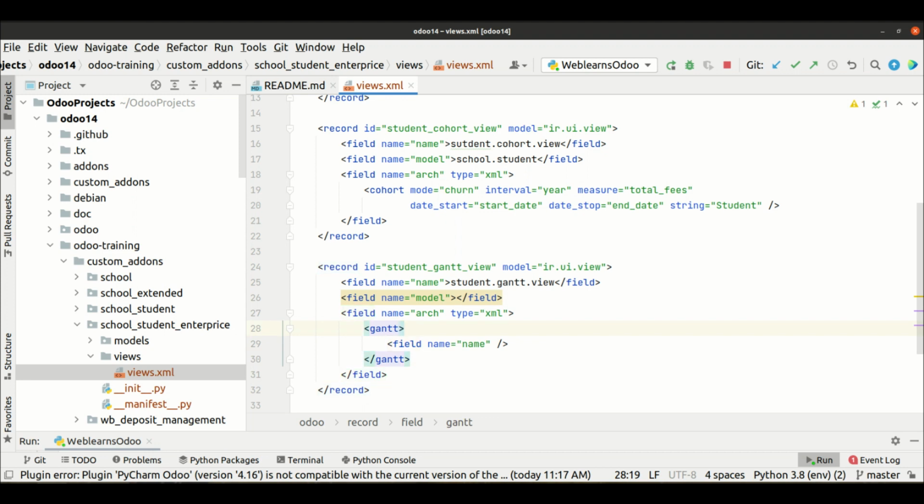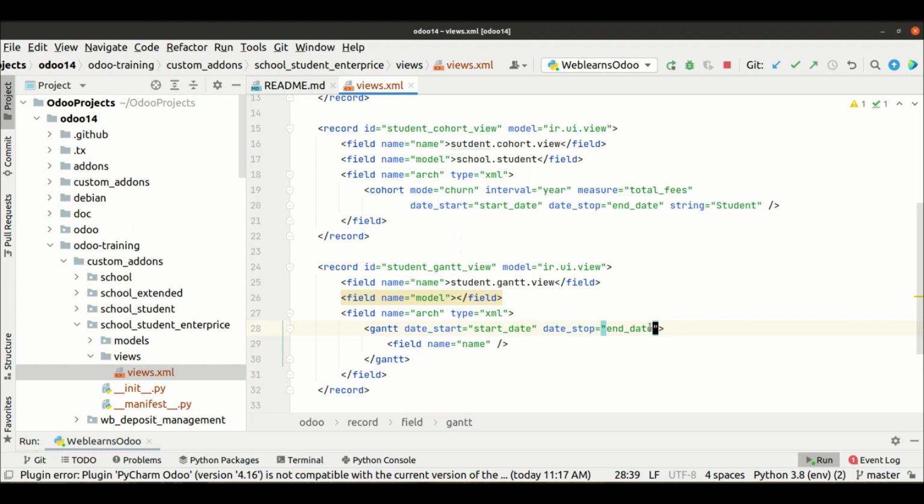That's it. And here we need a start date and an end date. For that, the Gantt view has two attributes we need to use, date_start and date_stop. We need at least these two attributes, and here we provide start_date and end_date.